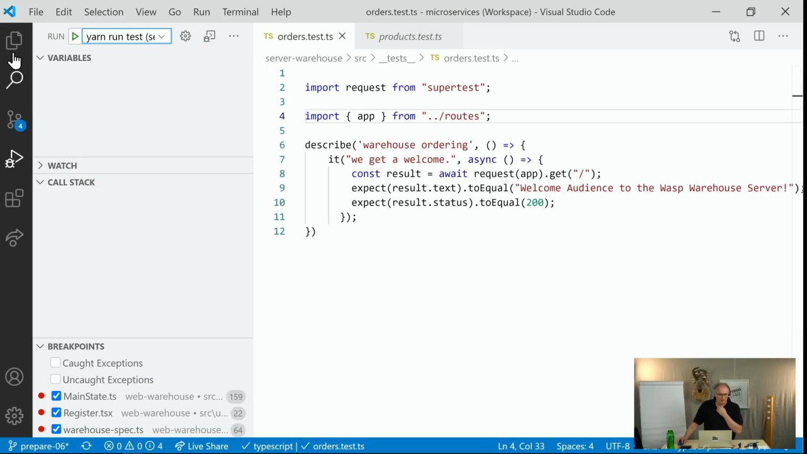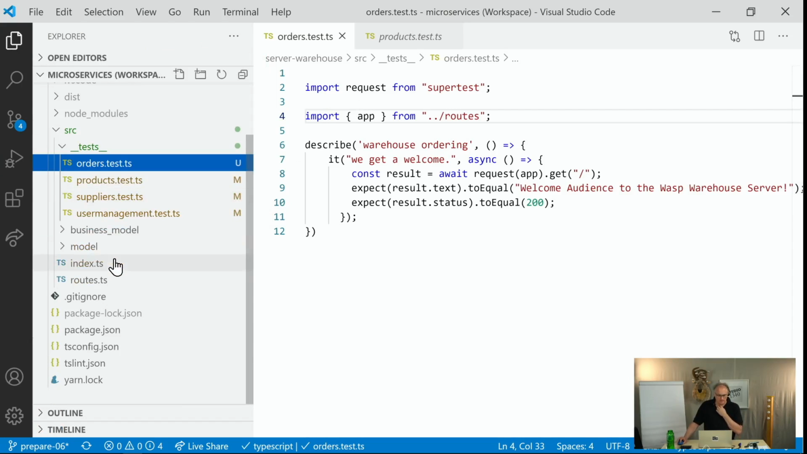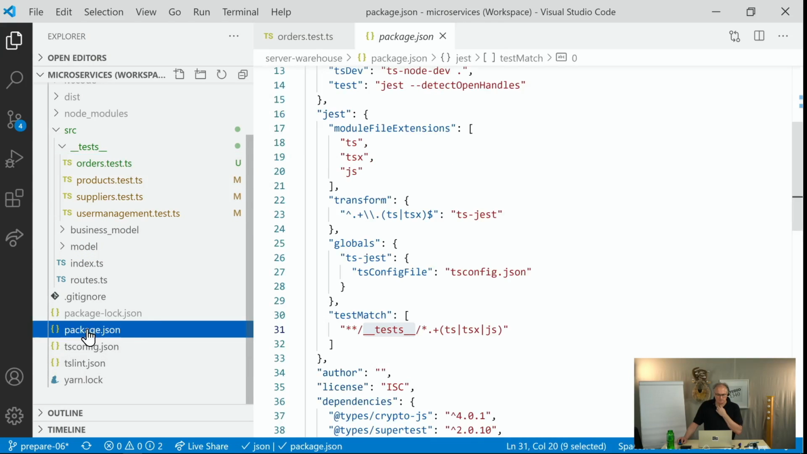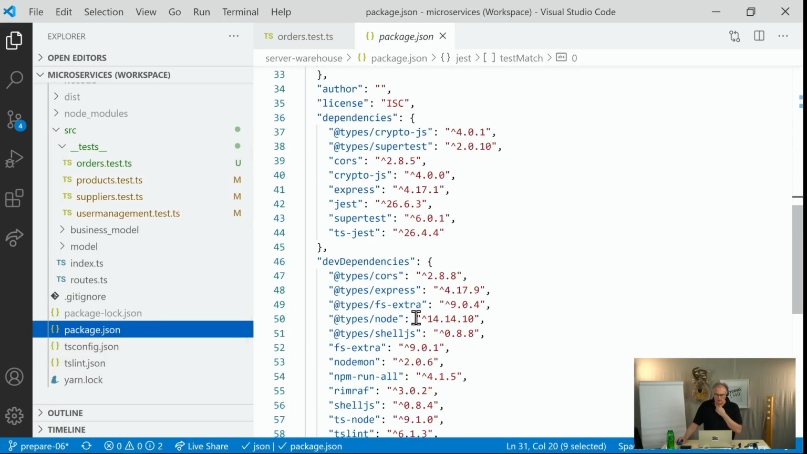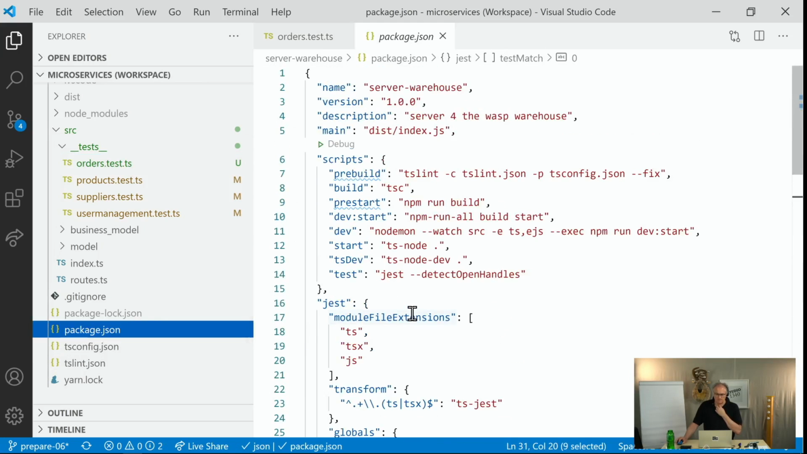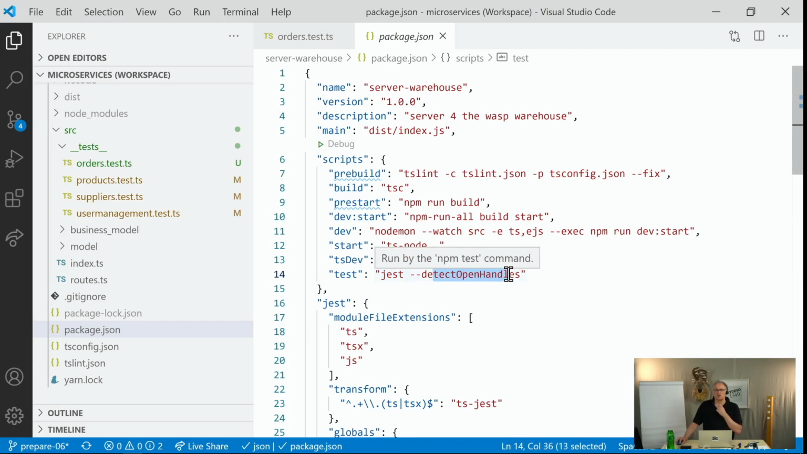Let's have a look into package.json. Scripts. Test is calling jest with this detect open handles, which would close a port if we actually would open one, but we do not do that. So we could actually forget about that, but let's do jest. Okay, if we execute that,